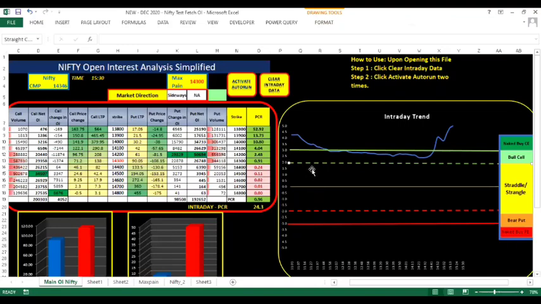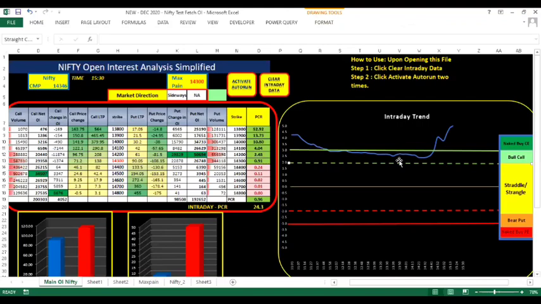Basically this blue line which you are finding here is nothing but a line which is being created based on every 5-minute changes which are happening in the intraday PCR. So if I have given the refresh time interval as 5 minutes, whatever figure comes here is plotted by way of a line chart for me to ascertain what is the market direction. Now, how do I do that? I'll explain.